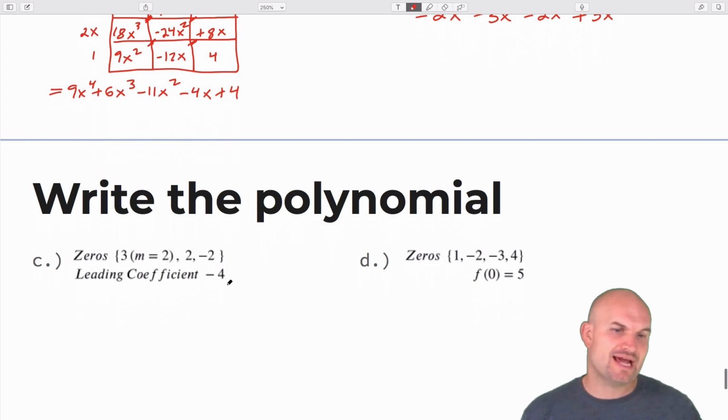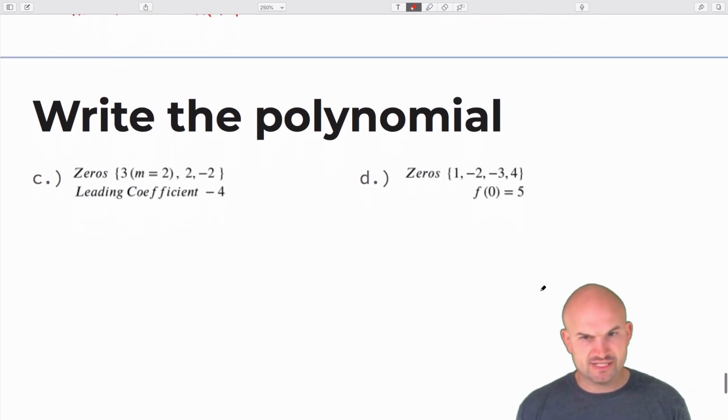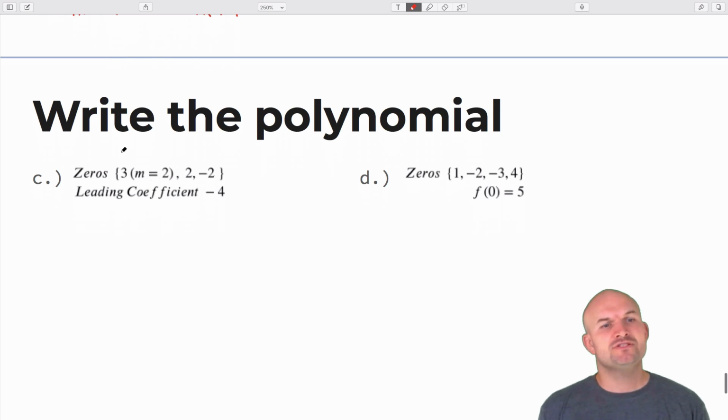The only thing is now we're going to have these. Again, we need a leading coefficient of negative 4. And in this case, we're going to need it to cover the 0.05. But the first thing we're going to want to do is obviously write the equation, and then we'll deal with the condition. So hopefully you have figured out writing the equation, and maybe you can do this